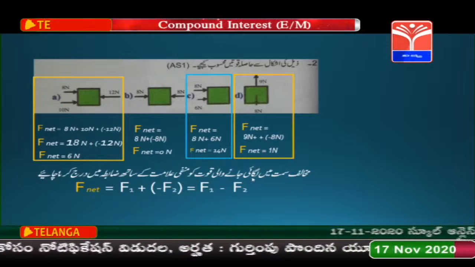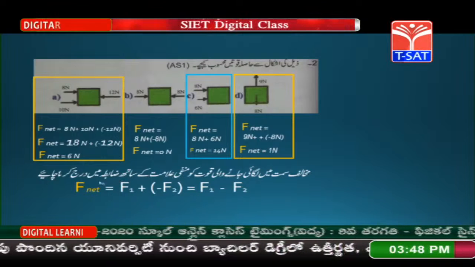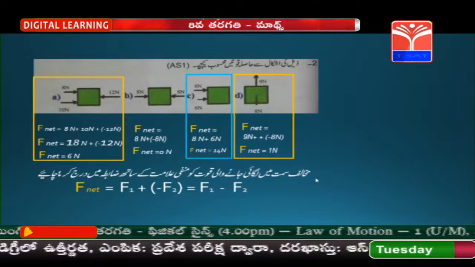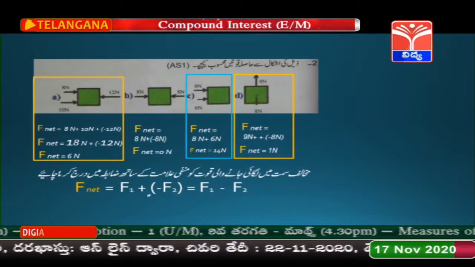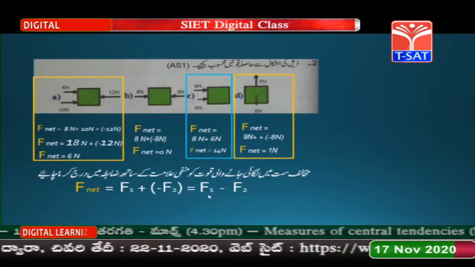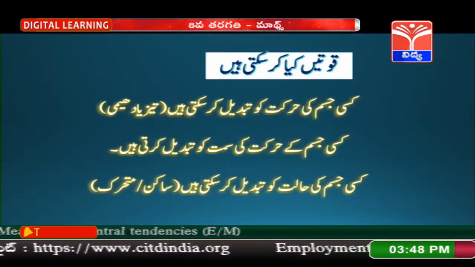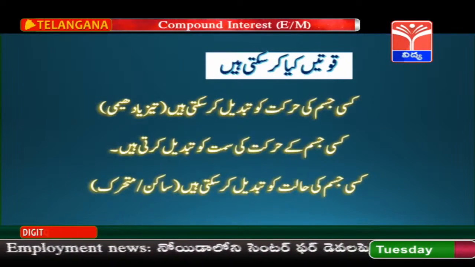मुखालिफ सिमत में लगाई जाने वाली क़ुव्वत को मनफी अलामत के साथ ज़ाब्ते में दर्ज करना चाहिए। ये बात आप ज़हन नशीन कर लीजिए, ठीक है। हासिला क़ुव्वत नेट फोर्स मसावी है F1 प्लस माइनस F2 इज इक्वल टू F1 माइनस F2।